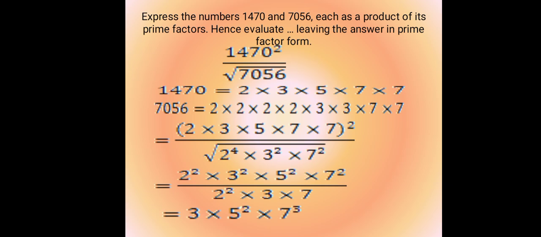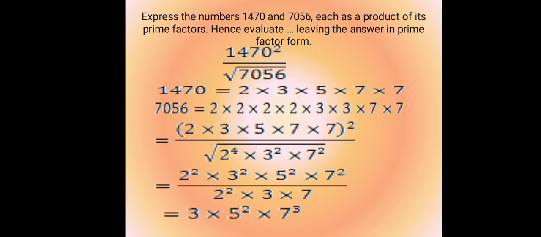Now we can use that to evaluate the sum we have been given there: 1470 squared all over the square root of 7056. 1470 squared, we can write like this. We have the factors of 1470 as 2 multiplied by 3 multiplied by 5 multiplied by 7 multiplied by 7, and then all of these squared. So the 2, if you square, you'll get 2 squared. 3, if you square, you get 3 squared. 5, if you square, you get 5 squared. And then here we already have 7 squared. So if you square, we should get